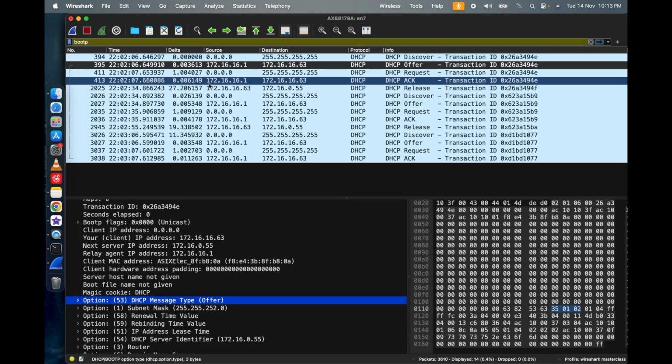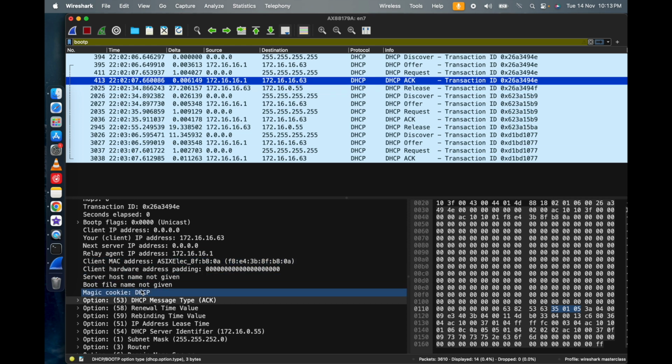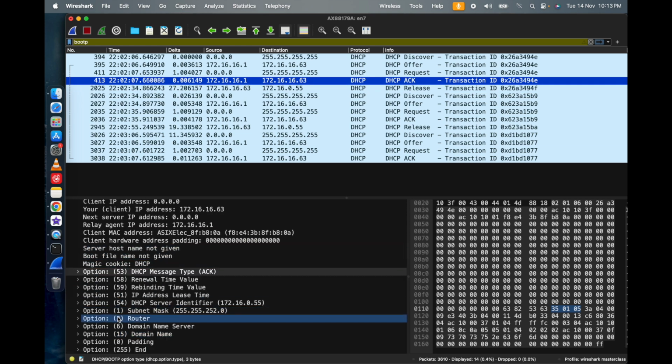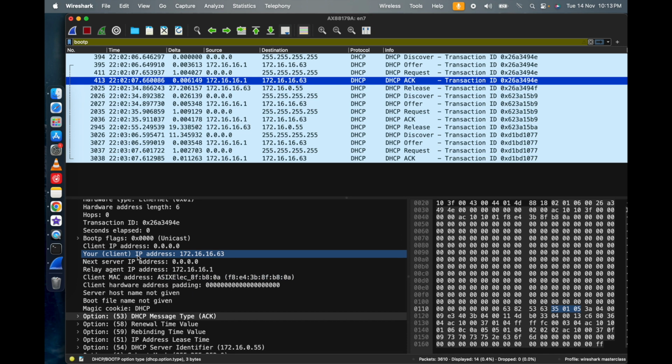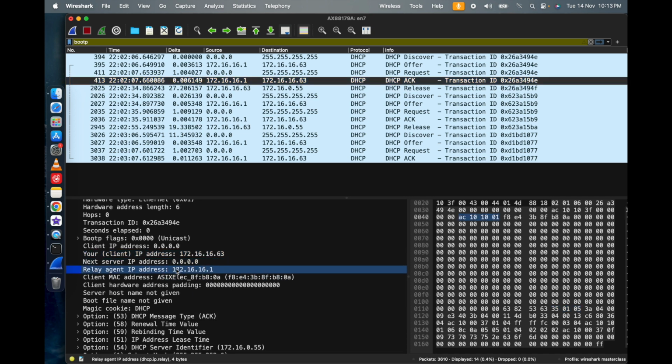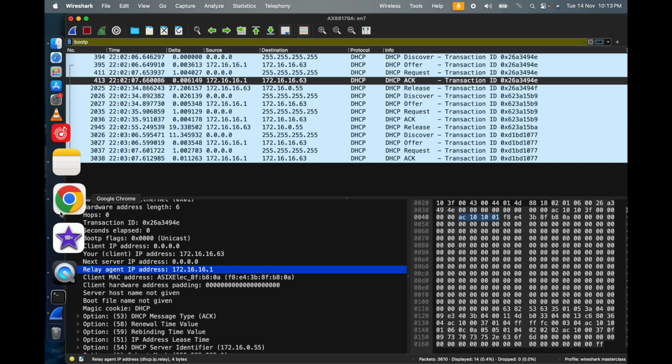just go to the ACK of the DHCP, and over here there is an option like relay agent. See over here there is a relay agent IP address for me, and the relay agent IP address is 172.16.16.1, which indicates that there is a DHCP relay used, and there was no relay agent used in the experiment. Okay,